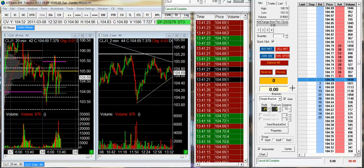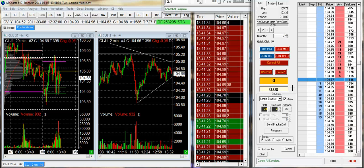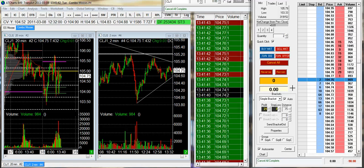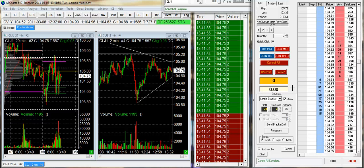So on algo days you need to be very pristine with your entries. I was 1 tick away pretty much all day from getting either stopped out or not stopped out. I got very lucky with the short sell on my last trade from 104.67 to 104.49. But right now I'm going to briefly touch upon some of the things that I look at